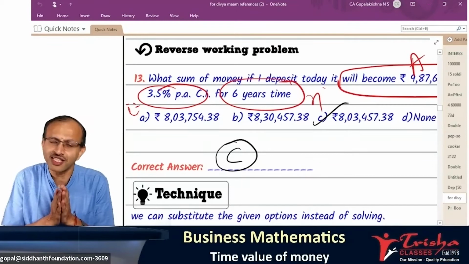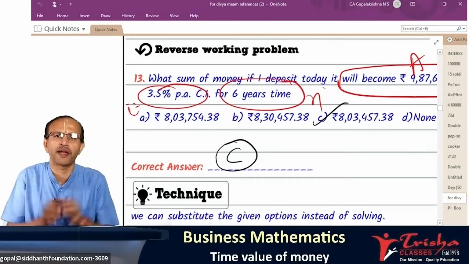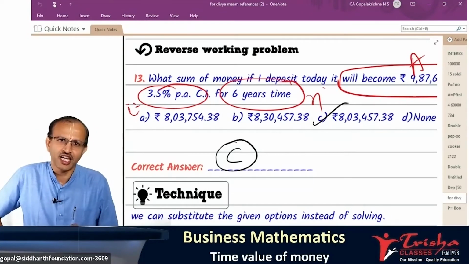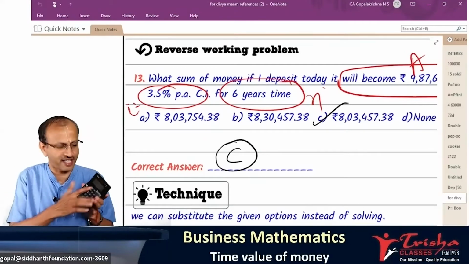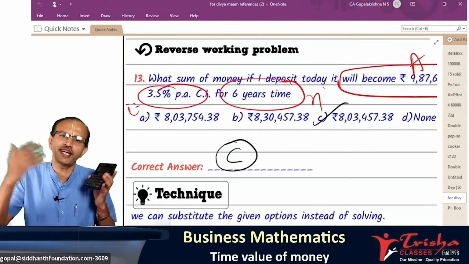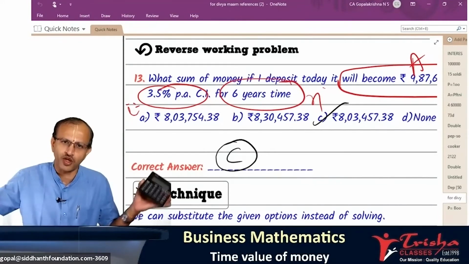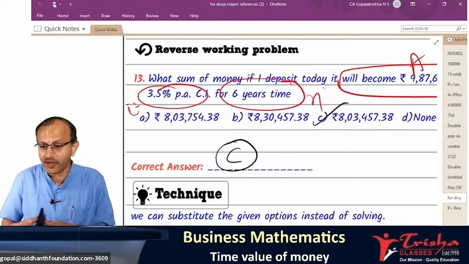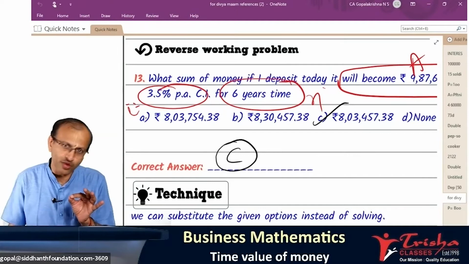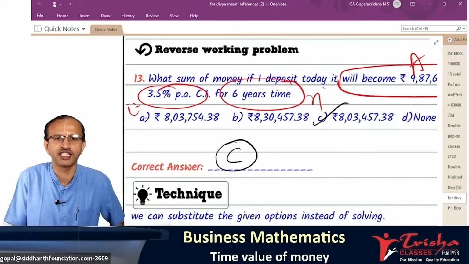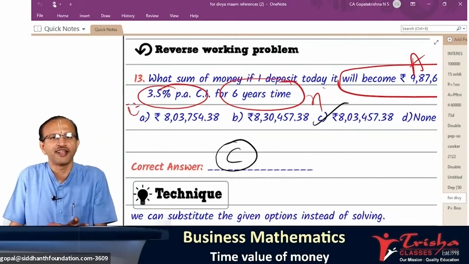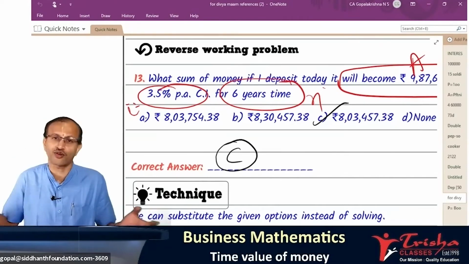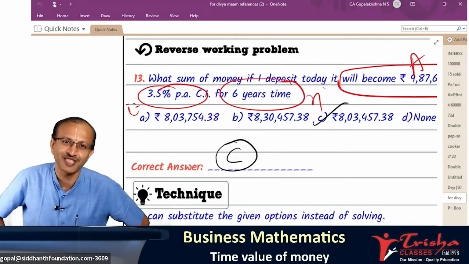No. I told you in this chapter, the differences are expected to come based on the number of digits. If you go by your logarithm, which will take only 4 digits, right? I have here a 12 digit calculator, so it gives you 12 digits. If you have a 20 digit calculator or a computer which gives more than that, it gives a much bigger answer. Then if you divide, you may not get the same exact answer, you may get a slightly different answer. I told earlier, you should not go for none of this. None of this should be chosen only when your answer is very different from all the 3. It is only when it is really none of this that you go for none of this. Otherwise, it is one of this.